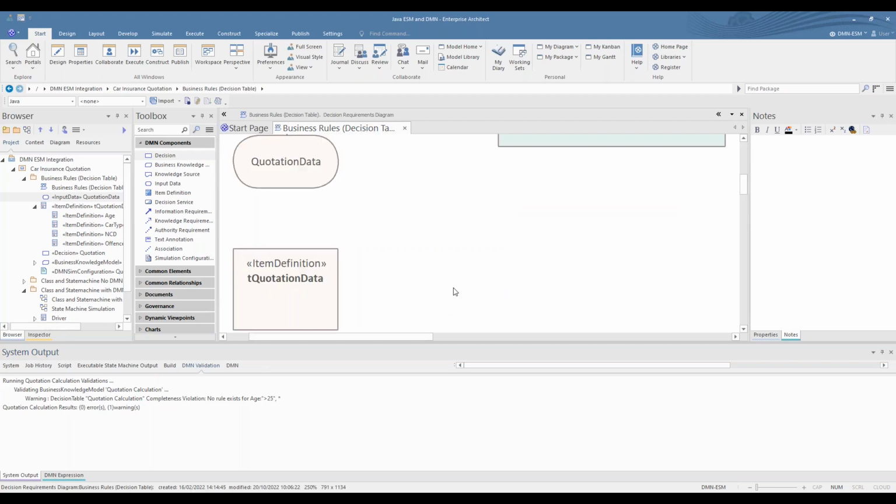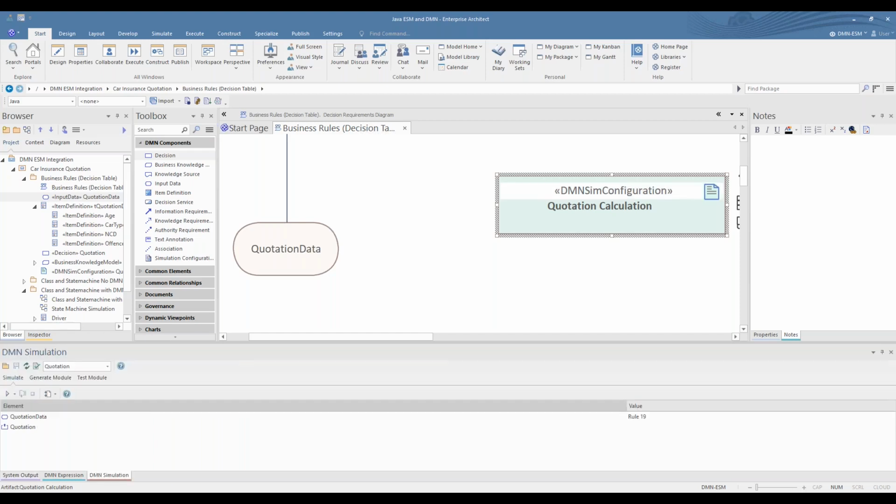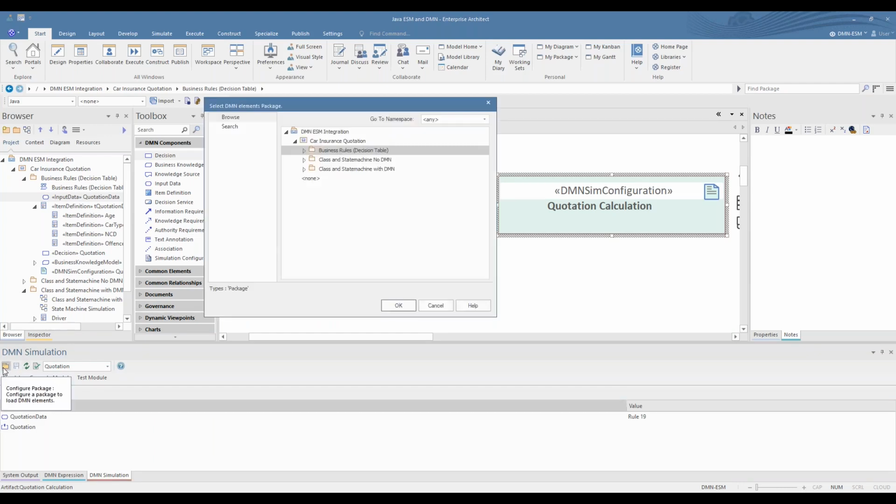It's all been validated. Now, the next thing you're going to do is put a simulation entry into the model, and that is then bound to a package, and that package is where the model itself is located.